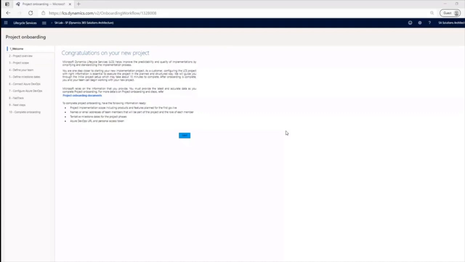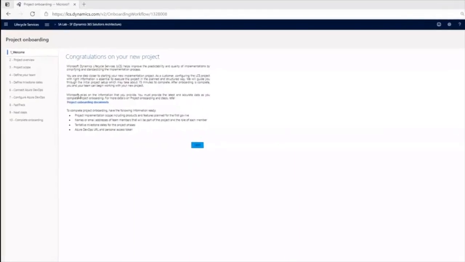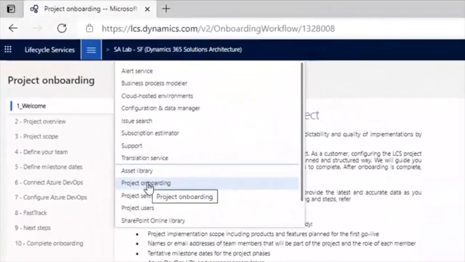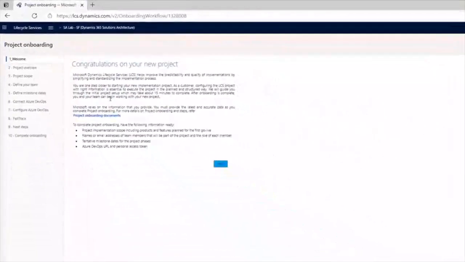This wizard can be always accessed during and after the implementation, as well as updated if any information needs to be corrected. To access this project onboarding page, go to the hamburger menu and click on Project Onboarding option. This page will appear, starting by the Welcome page. This page provides general guidance and information that you will need to complete project onboarding. You can move through the wizard either by using the Next button